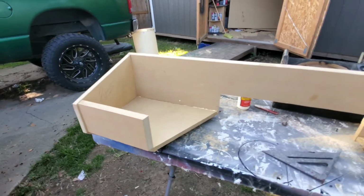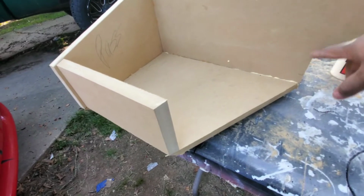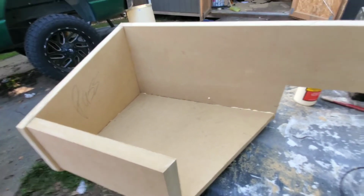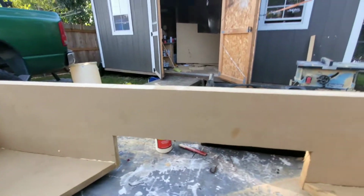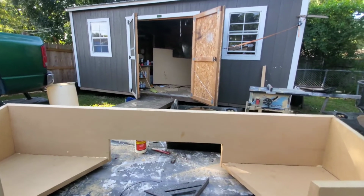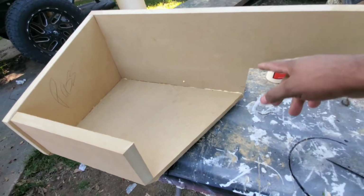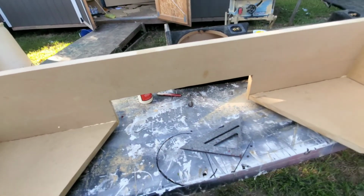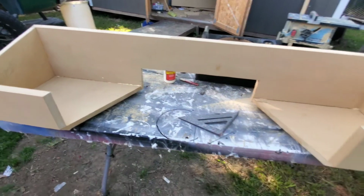Nail it. Then we're gonna come from here to there, because all this is gonna be open. Excuse me, y'all. Yeah, we're gonna come from here to there, and then up here and back down. All this gonna be open. It gives the subs a little bit more airspace because each one of those subs requires